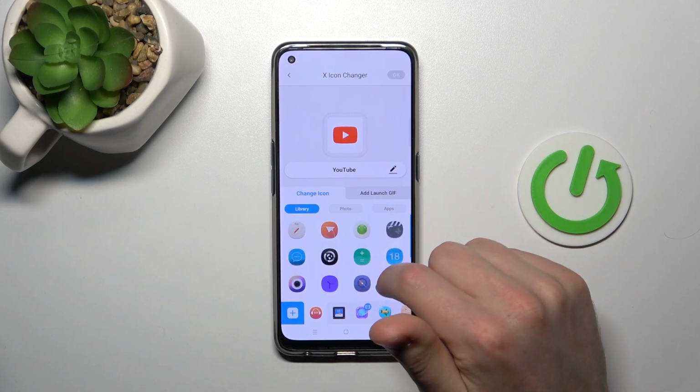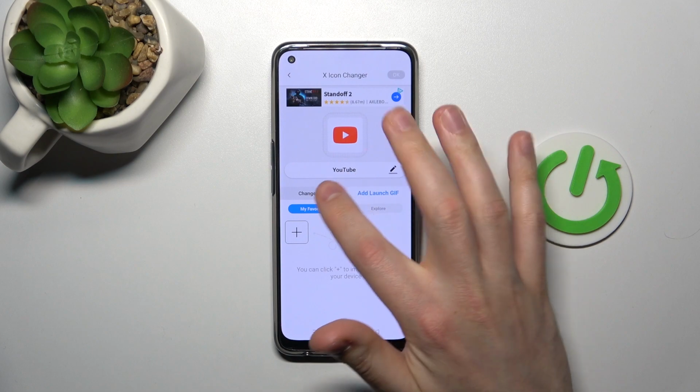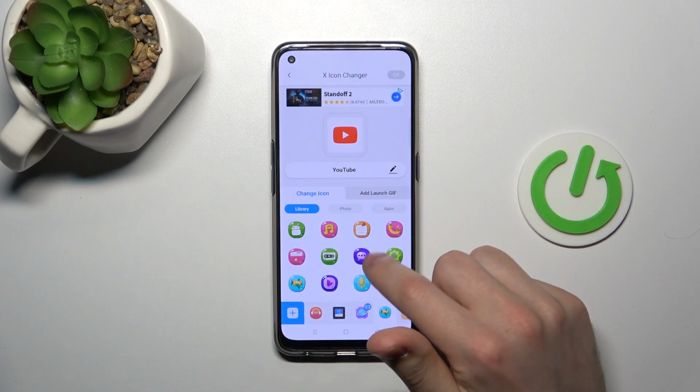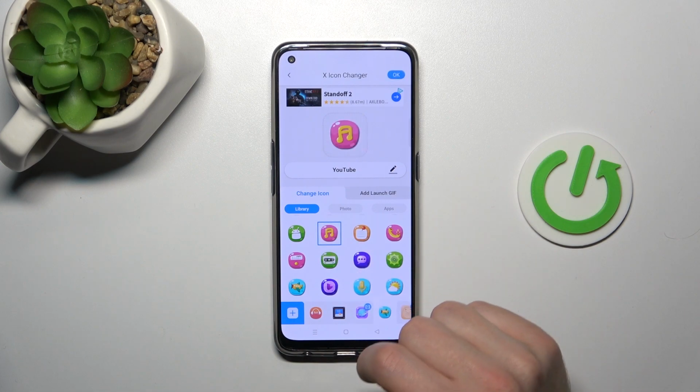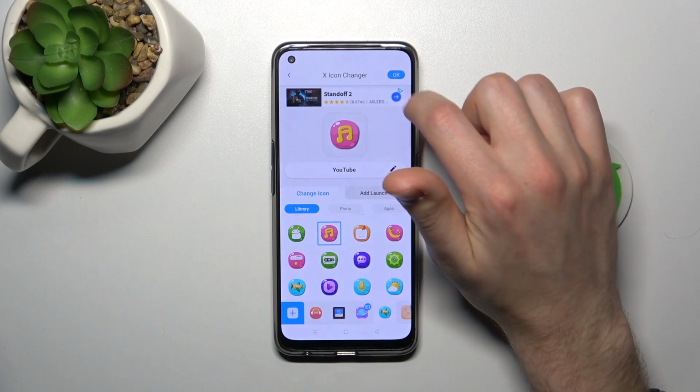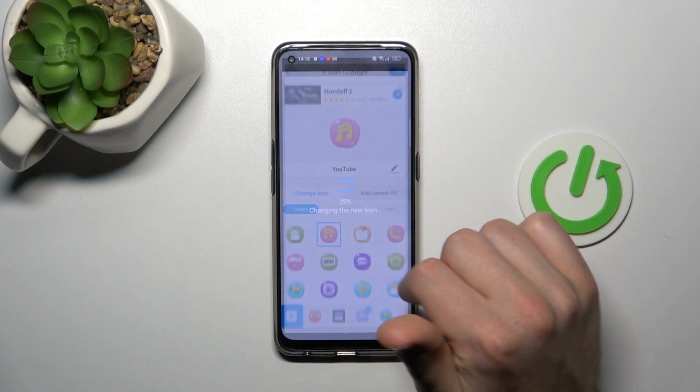So now from our free icon library, choose some new styles. Maybe this one will be okay. And now for saving this icon, tap the OK button in the top right corner and wait a second for generating,